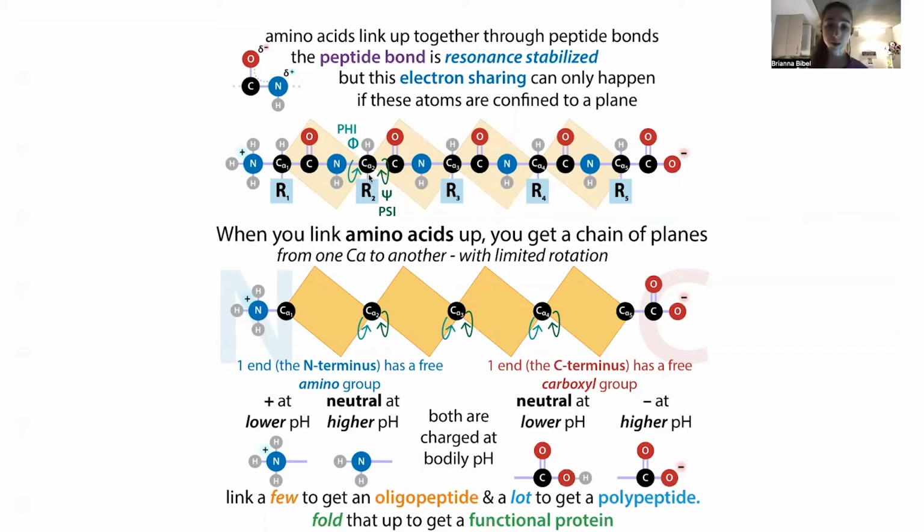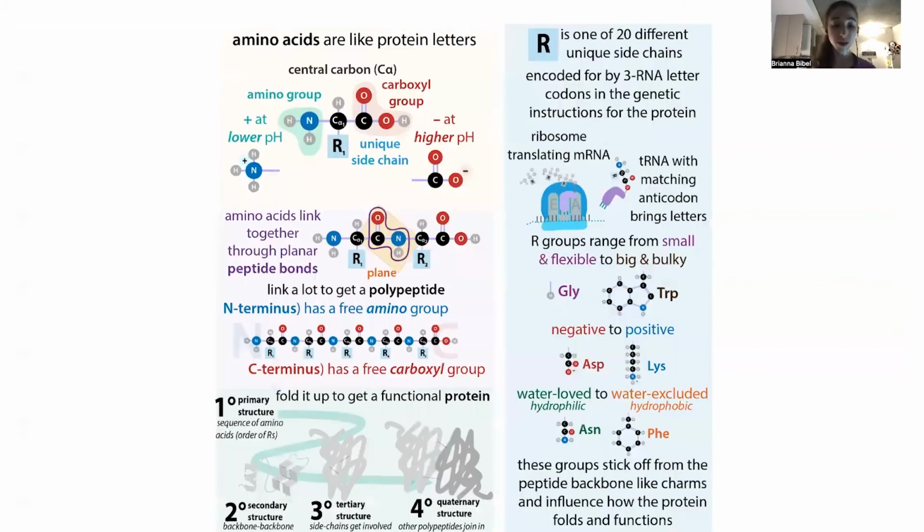So we link these up through peptide bonds. If you link a few of them, you get an oligopeptide, oligo meaning few. If you link a lot, you get a polypeptide, poly meaning many. And when you fold that up, you get a functional protein. The way that it folds up is going to be influenced by the properties of those amino acids. The peptide bonds have a cool property in that they have resonance: the electrons are actually shared throughout these molecules rather than just